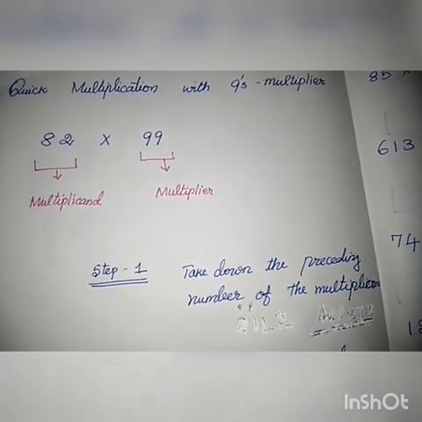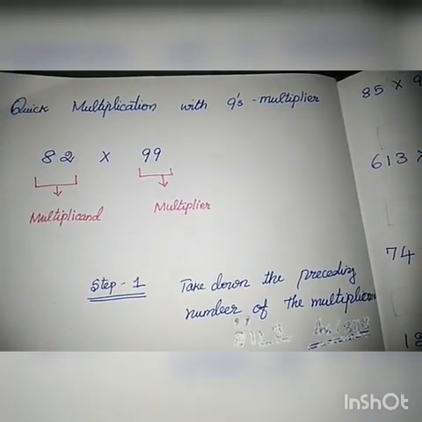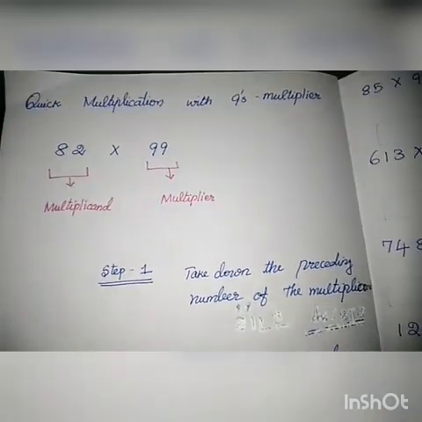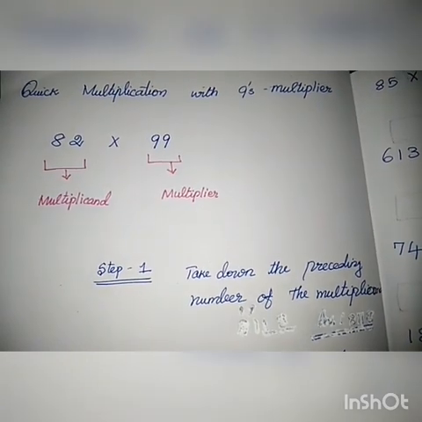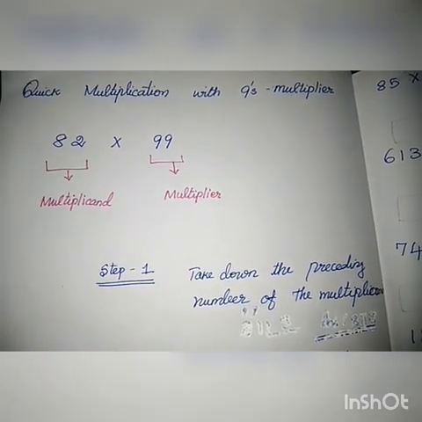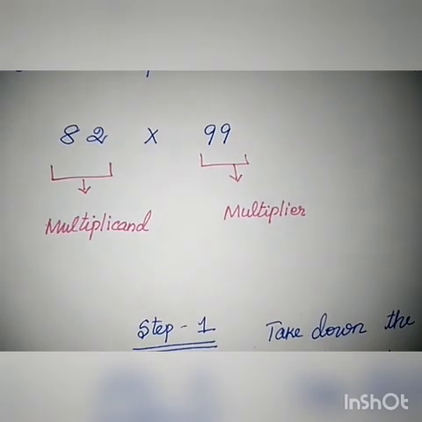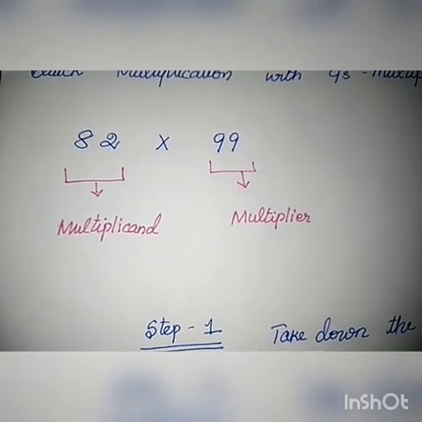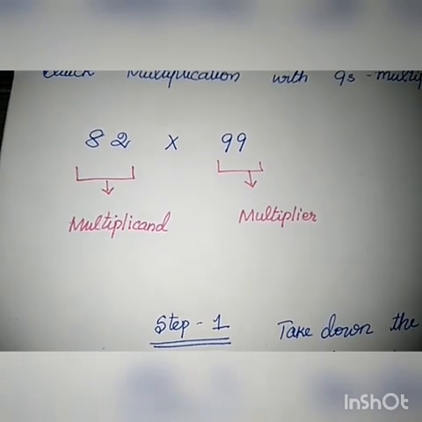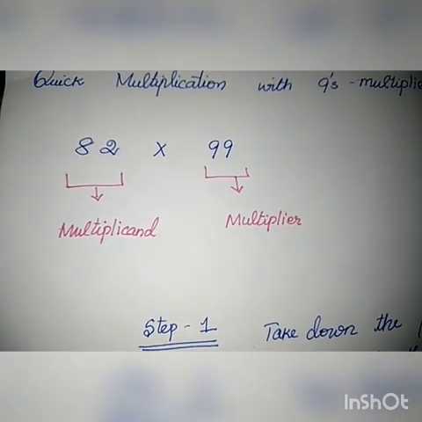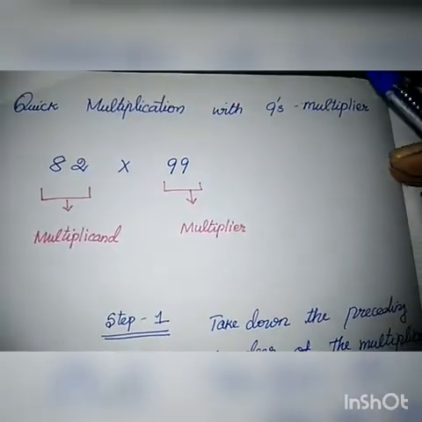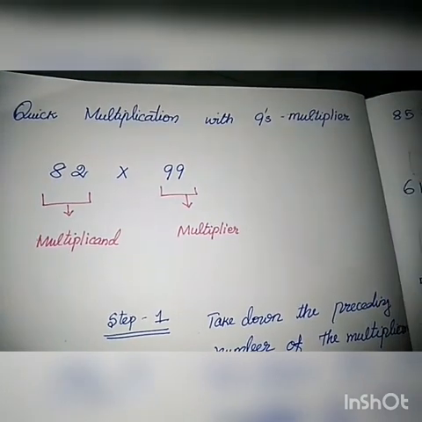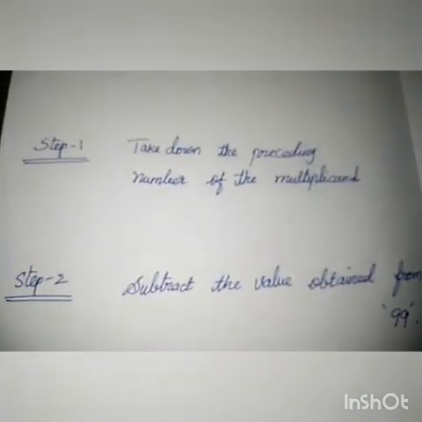In this session, today we are going to learn some of the important tricks with number 9. Here we are going to use some important property of 9 for quick multiplication. Also, whenever you are given two numbers to find their product, the first number is called the multiplicand and the next number is called the multiplier. Here, we are just going to take the multiplier as a number made of 9s.